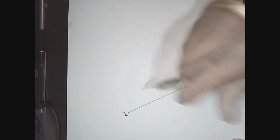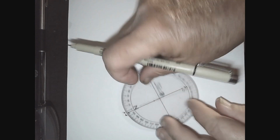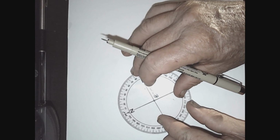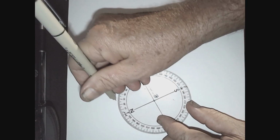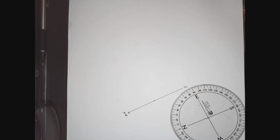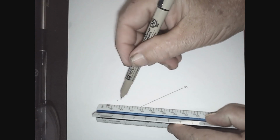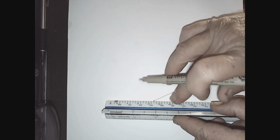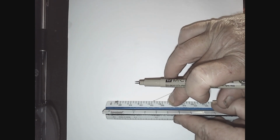We don't need to worry about east and west. And this is my point from which all bearings were made. So our first bearing was, say, 27 degrees magnetic. So we center this dot where our stake is, get this all aligned perfectly, and we find 27 degrees. We put a line there, and let's say that our distance was 14 feet. Using the 1/8 inch scale, which is right here, we go 14 feet. So here's 12, 12, 13, 14. So we put 14 right there and line it up with that,